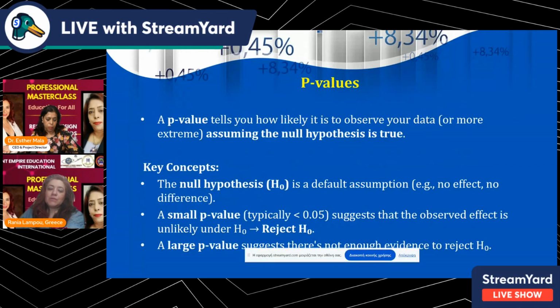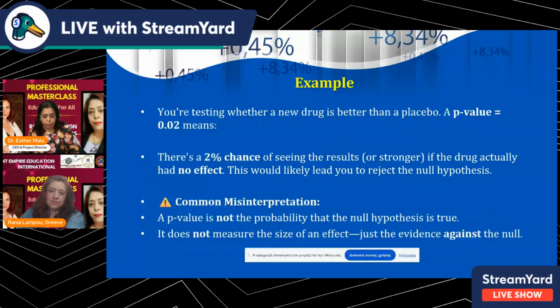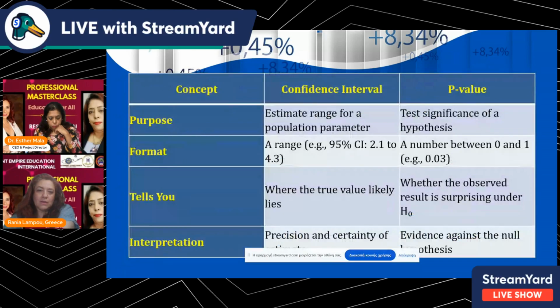P-values tell you how likely it is to observe your data, assuming the null hypothesis is true. So the null hypothesis, remember, is always a default assumption: there's no effect. A small p-value suggests that the observed effect is unlikely under the null hypothesis. A large p-value suggests that there is not enough evidence to reject the null hypothesis. For example, if we want to test whether a new drug is better than a placebo, and we get a p-value of 0.02, this means that there is a 2% chance of seeing the results if the drug actually had no effect. This, of course, would lead you to reject the null hypothesis. And a common misunderstanding is that the p-value is the probability that the null hypothesis is true. It is not. It does not measure the size of an effect, just the evidence against the null. Here you can see the comparison also